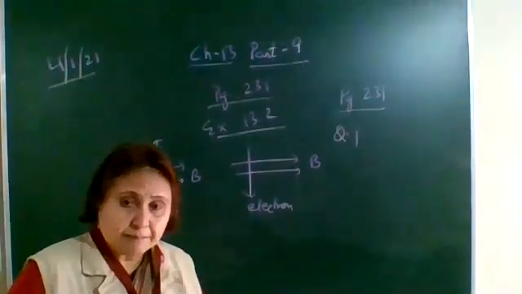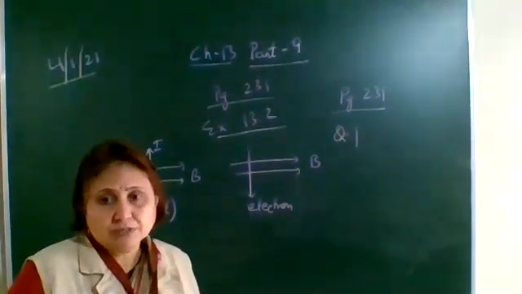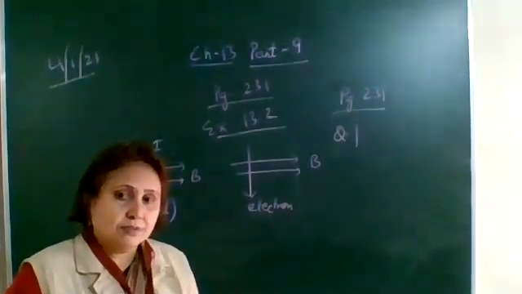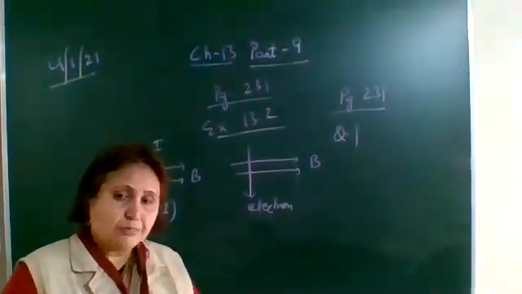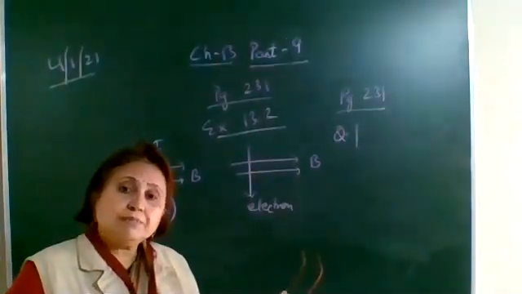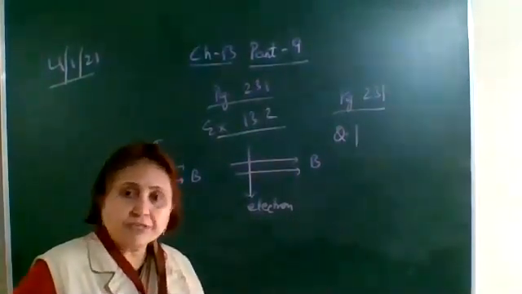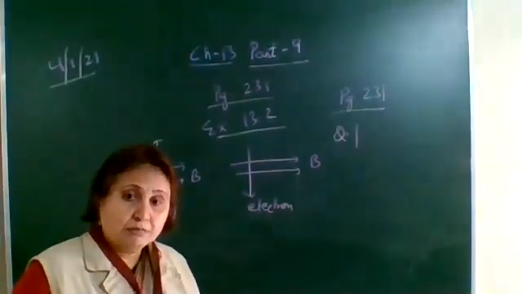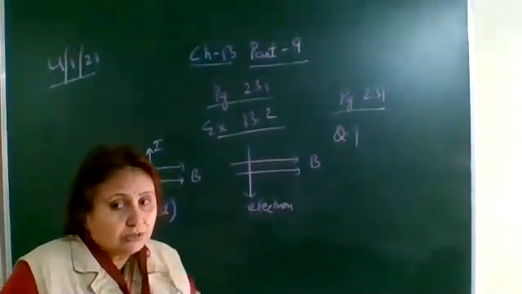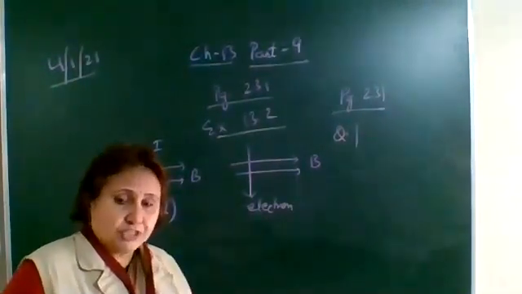So what changes? The path of the particle changes, that is, the direction of the path changes. The speed doesn't change. It keeps on moving with the same speed. Suppose it's moving with 20 meter per second. When it enters, it keeps on moving with 20 meter per second only. But its path is changing. So the vector quantities will change.